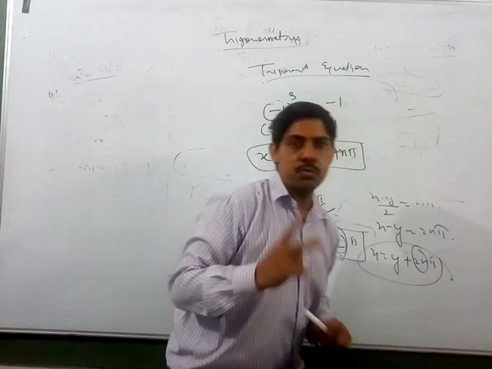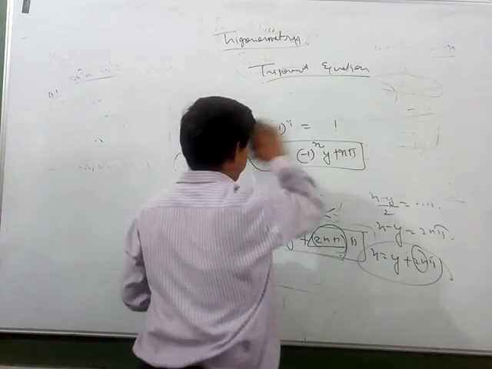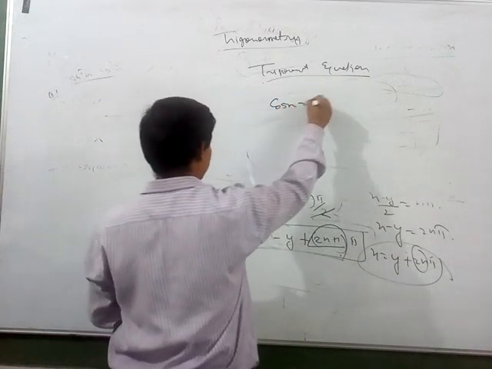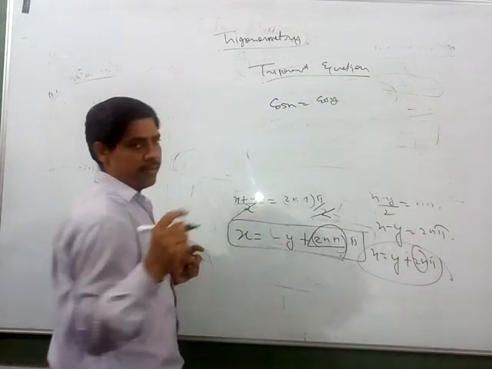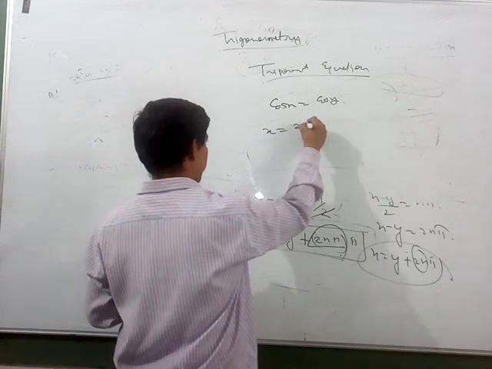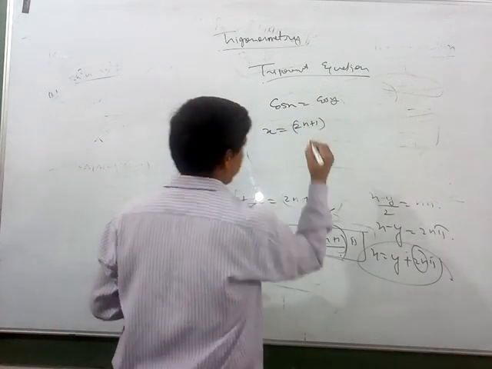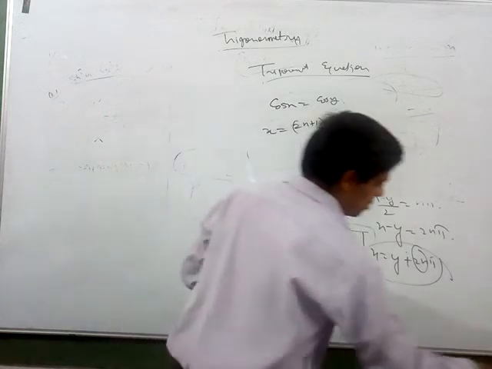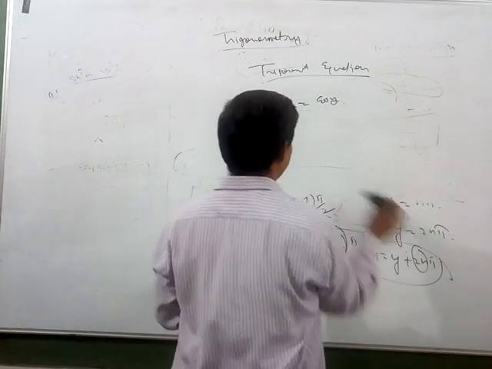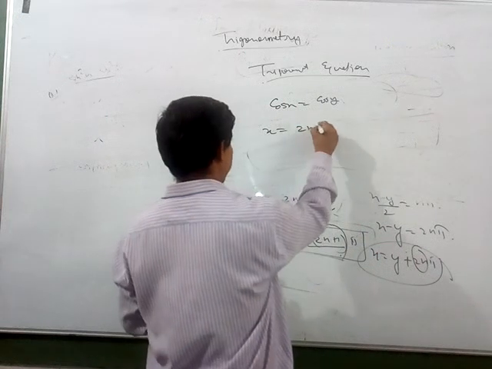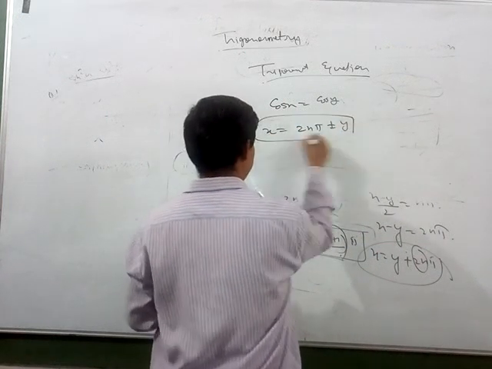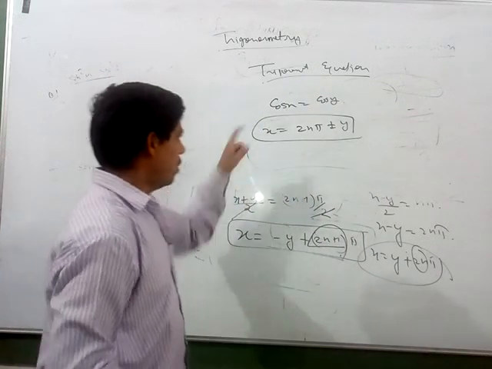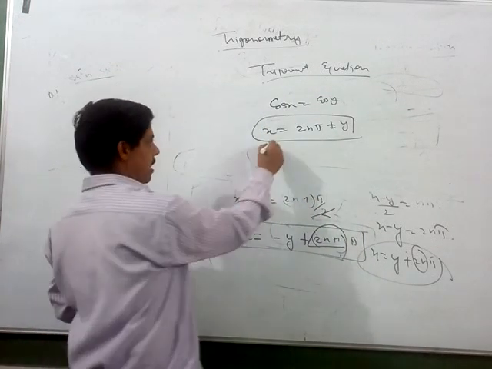Similarly, there are other two quantities that you have to derive. One is, if cos x is equal to cos y, you have to derive that x is equal to 2n pi plus minus y. This is 2n pi plus minus y. This you have to derive, okay. Whenever cos x is equal to cos y, this you have to derive. You can take the help of the book.